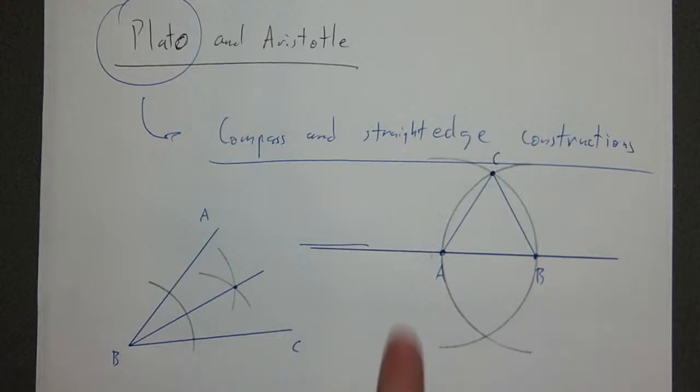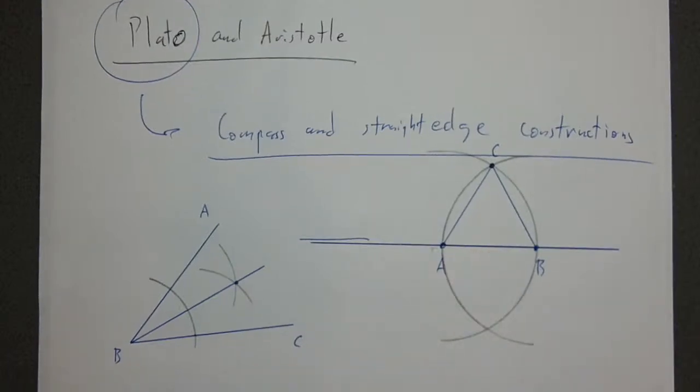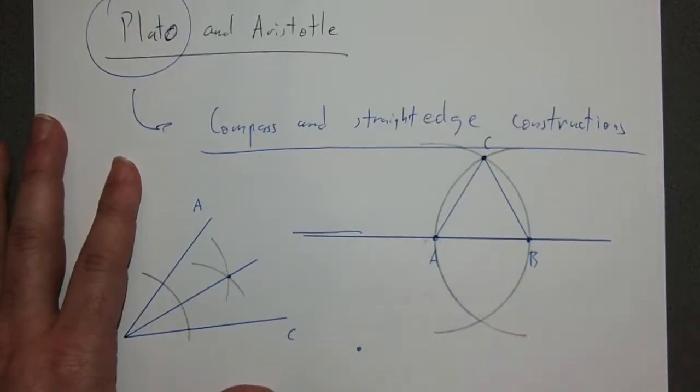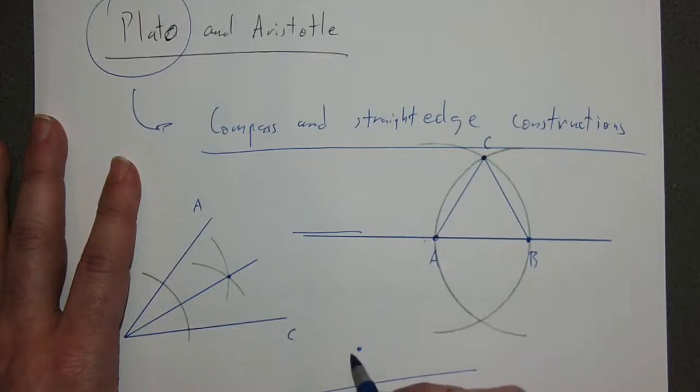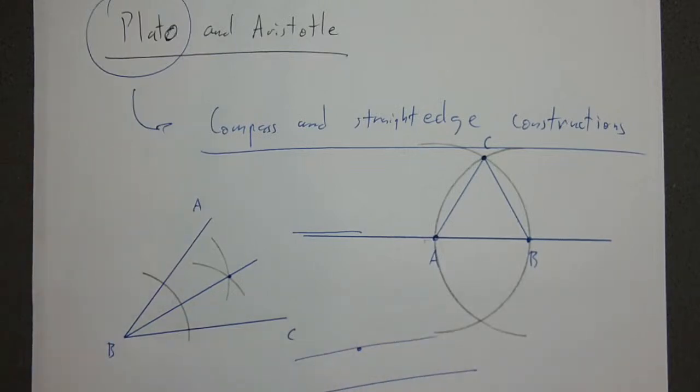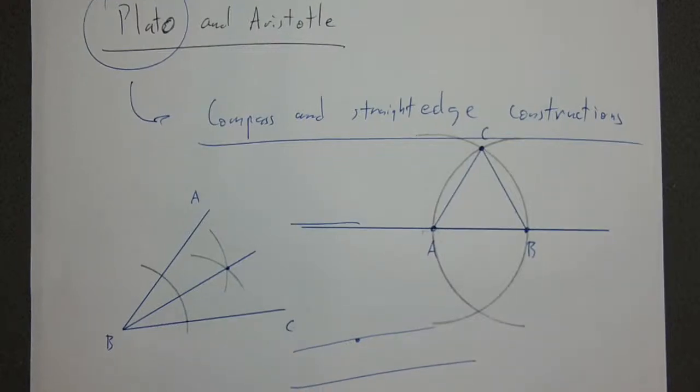Okay, bisecting a segment comes next after this. So I want to bisect AB. It's not as hard as you think. So bisecting a given segment AB is not bad at all. I can construct a parallel, right? If I draw a point not on a line and a line off that point, I can construct a parallel to that line through that point. Okay, these are all things I can do.